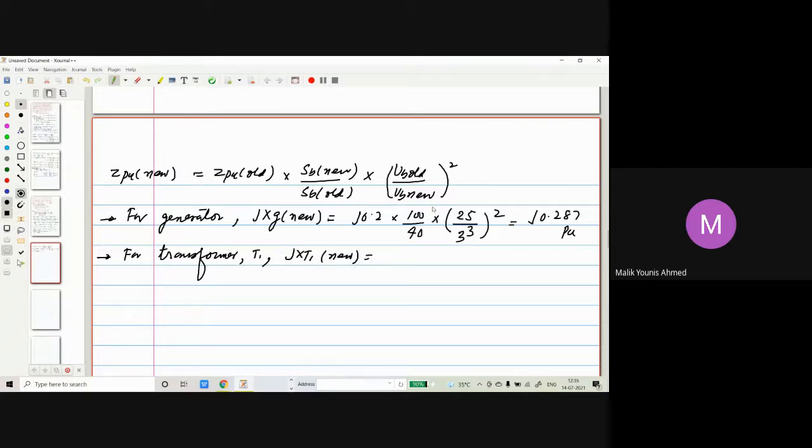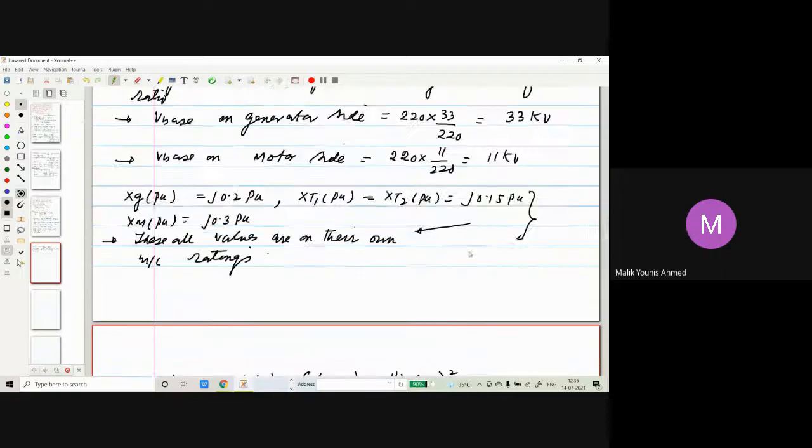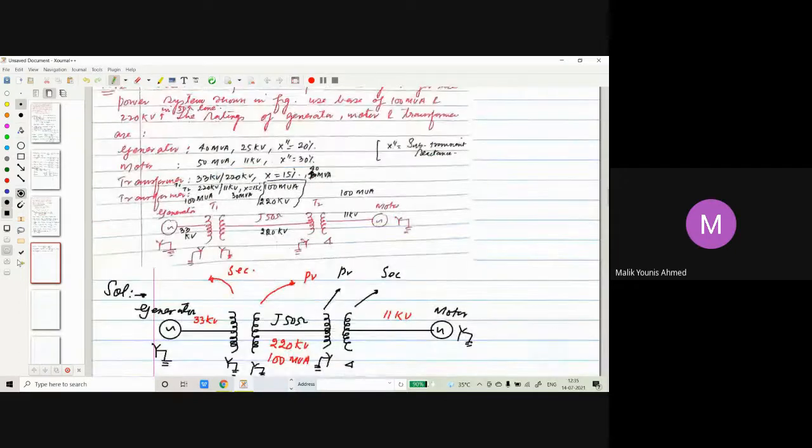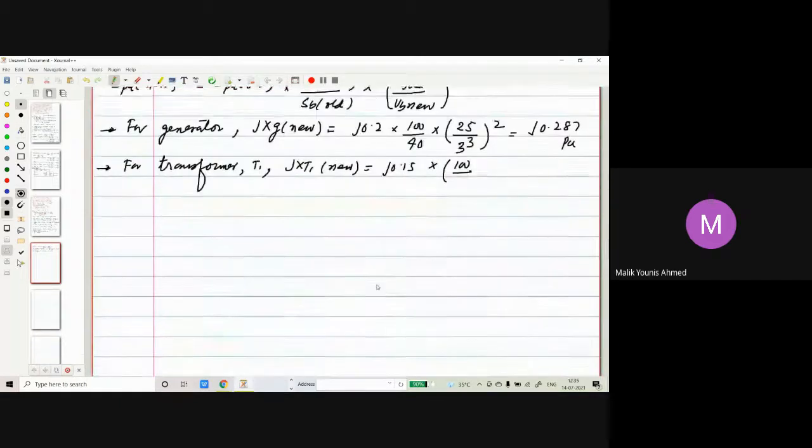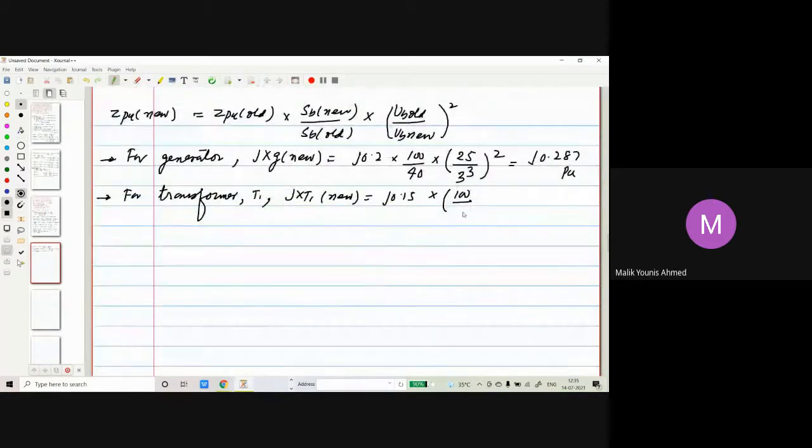XT1 new is J0.15. You can see the transformer has 15%, so I'm writing J0.15. S base new is 100. S base old, in case of transformer T1, you can see from the data, is 40 MVA. So divided by 40 MVA,